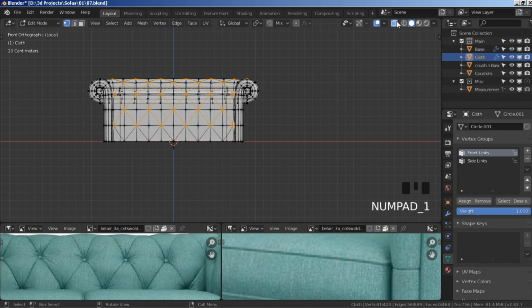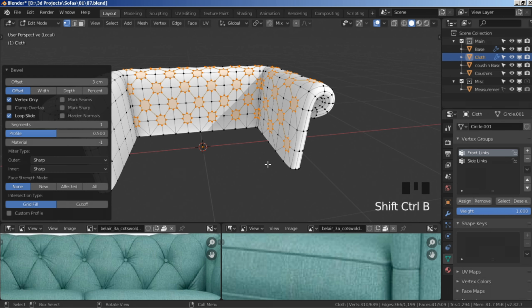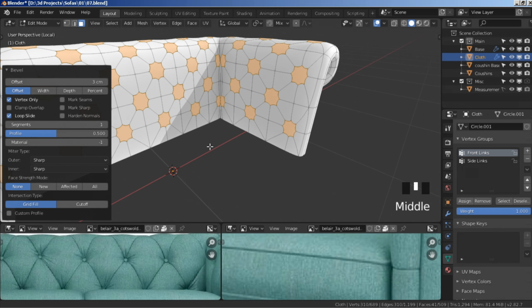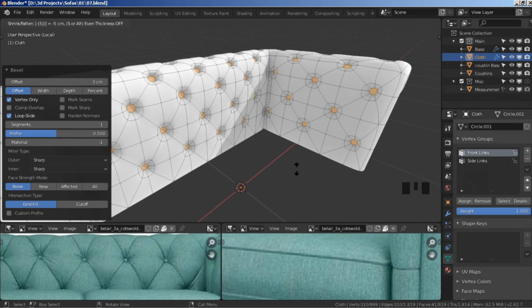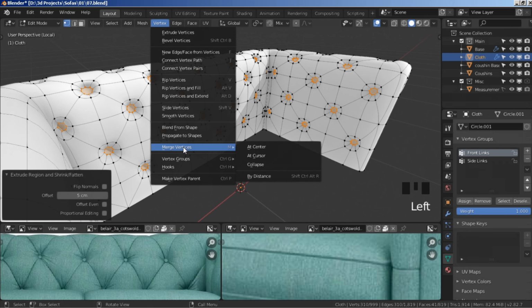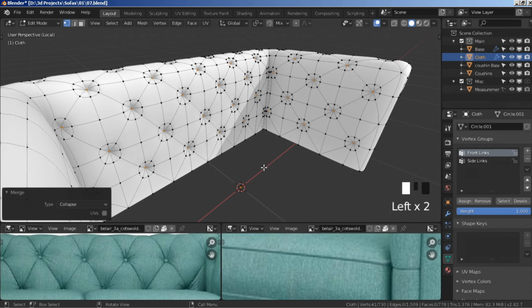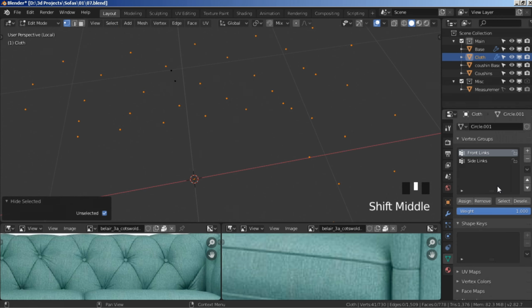Now turn off X-ray mode and then Ctrl Shift B, type in 3 to bevel them, and then go to face select mode, Alt E and then extrude faces along normals, type in -5. Go back to vertex select mode, go to vertex merge collapse. Now while we have our vertices selected here, Shift H to hide everything else, select front links and then deselect,